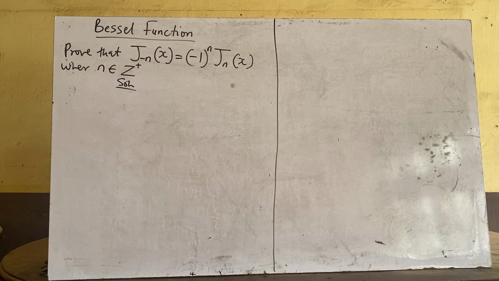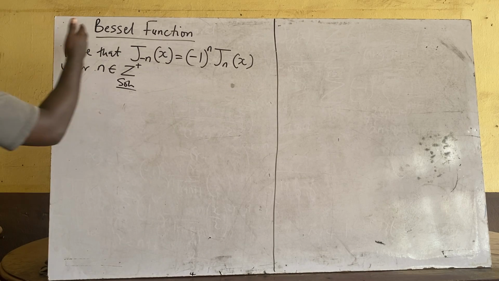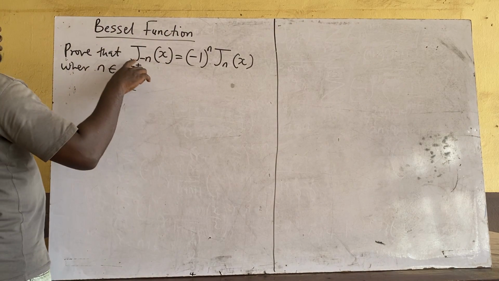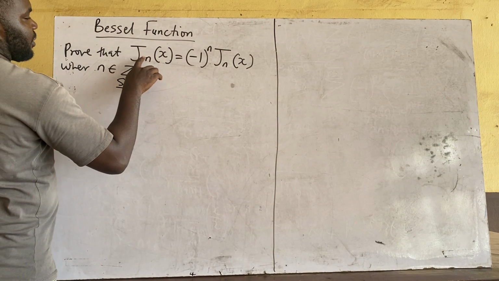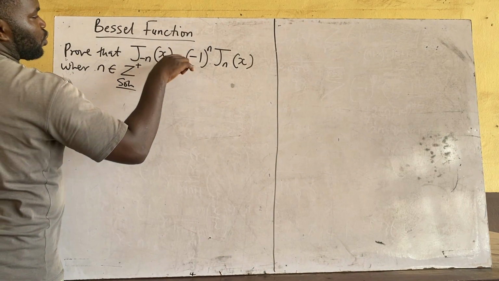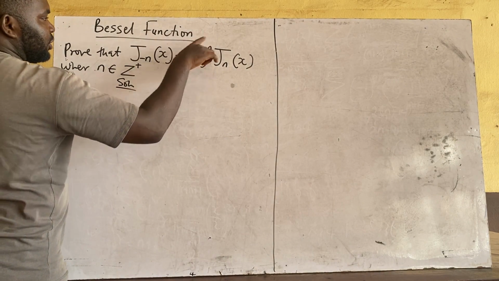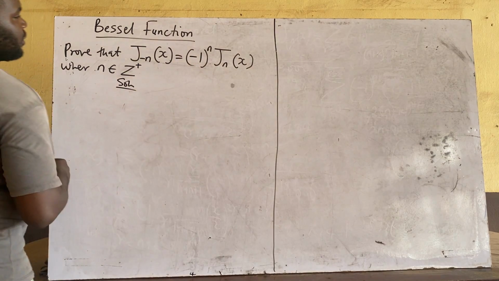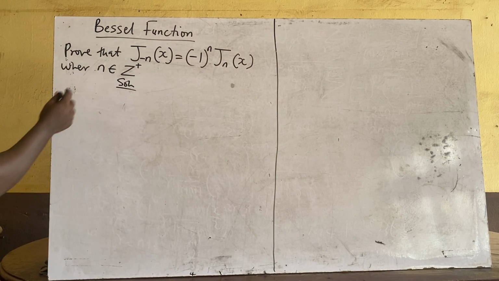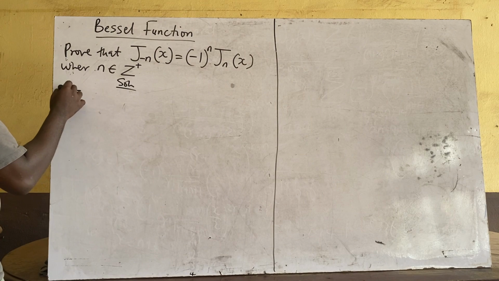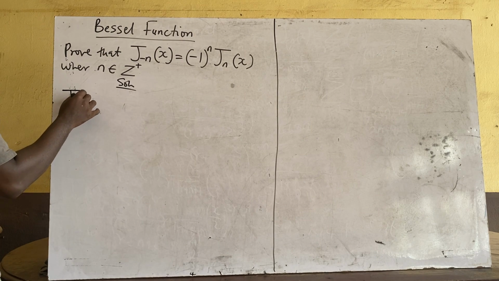All right, so in this video, we are asked to prove this. This is Bessel function. We are asked to prove that J subscript minus n of x is equal to minus 1 raised to power n J subscript n of x. Okay, now to prove this, first of all, we need to find, we know that